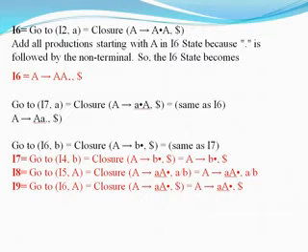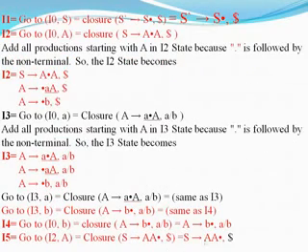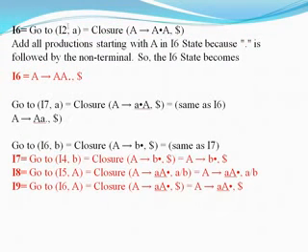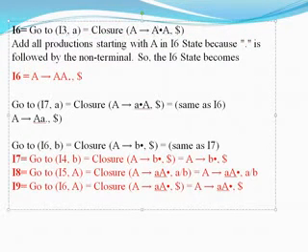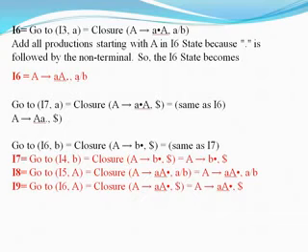So here, for a convenient way, we can write capital A tends to dot small a capital A, I3, go to I3 comma small a capital A dollar, I6 tends to small a capital A. Here in place of dollar I am going to write A by B. So this is how we are going to write our complete input.